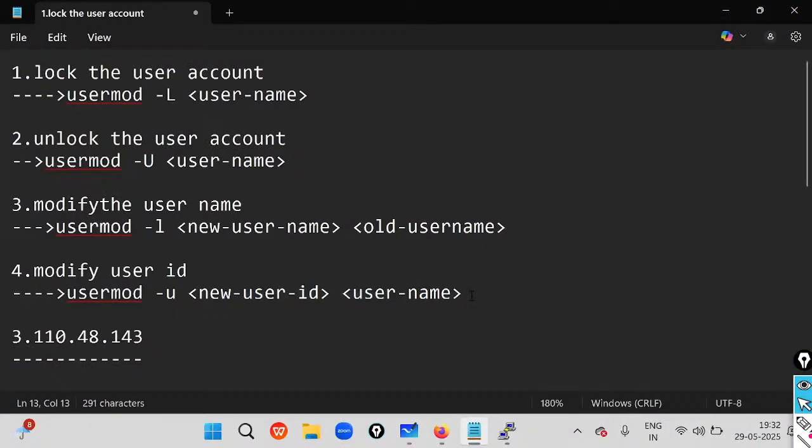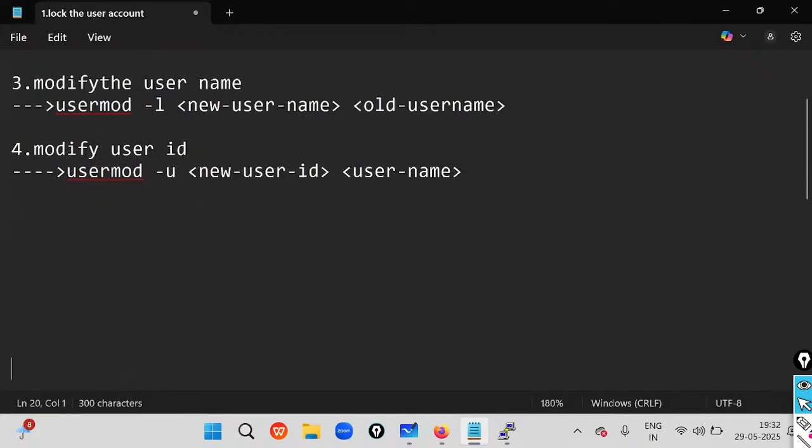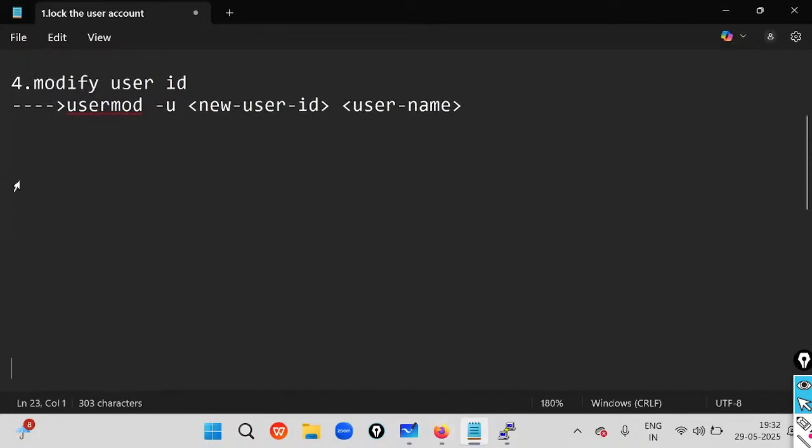For that we use the -c flag. Number five, modify or add the user comment. Very simple. How?